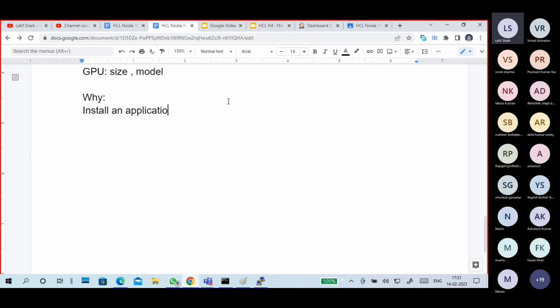Maybe if it is a small application, we don't mind. If it is a big application, for example, this CorelDRAW is a big application, right? For my brother, I installed Solidworks. It's a very big application. AutoCAD is also a very big application.